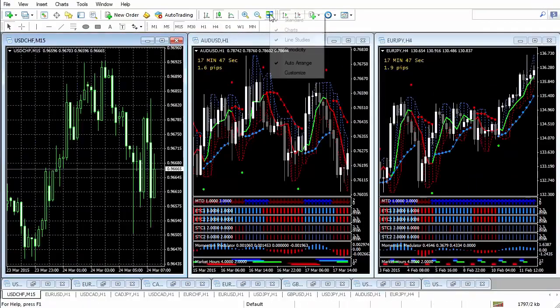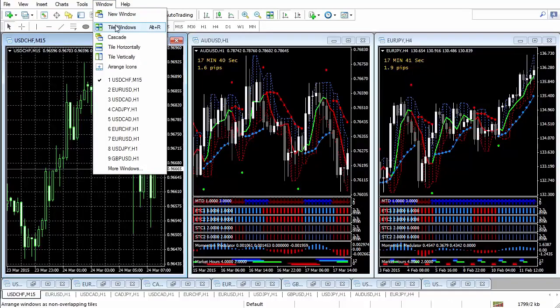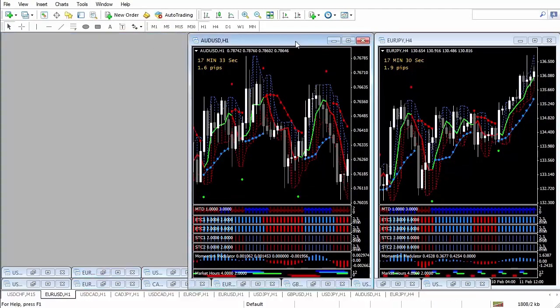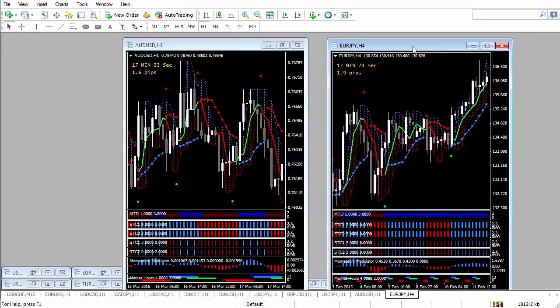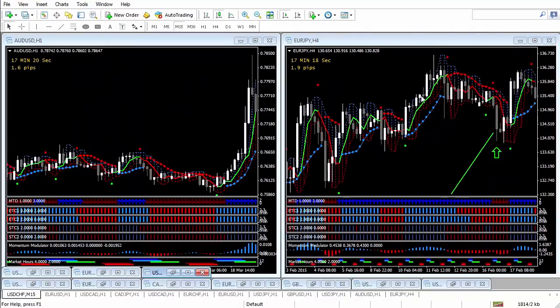You can choose to tile the windows how you want. Now I can go here, window, and tile windows, and I can choose different ways to do it. I can tile the windows vertically, the way they are. Now, let's just get rid of these. What I'm doing is if I minimize the windows, they won't tile. If I have open windows, I've got 2 of them, I can click tile and it'll fit them in the